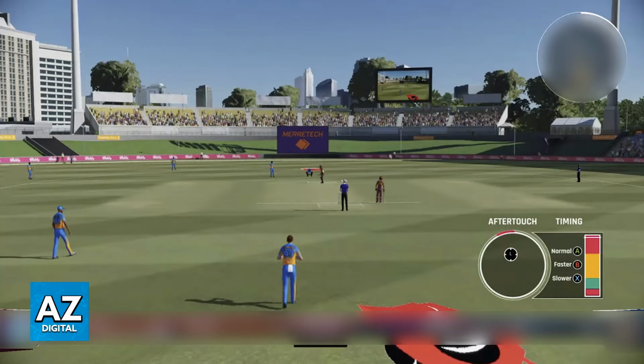So you can change the keybinds to whatever you prefer, and of course, if you would like to get the most authentic experience possible, the best course of action would be to use a controller, but regardless, you will be able to set it up according to your preferences on how to play Cricket 22. I hope I was able to help you on how to play Cricket 22 with keyboard.